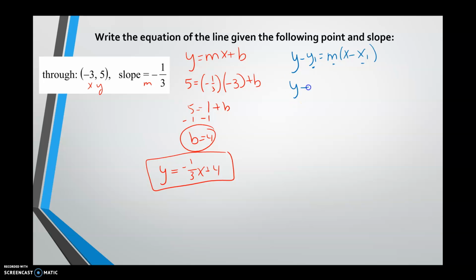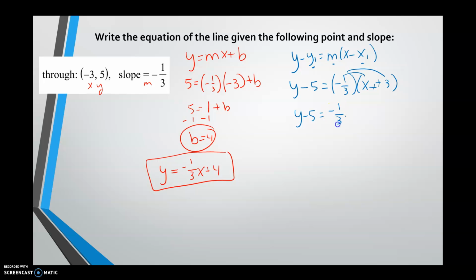So I'm going to get y minus, and my y1 here is going to be 5. That's equal to m, which is negative 1/3. And x minus my x1 here is a negative 3. So I have a double negative here, becomes positive. I'm going to get y minus 5 is equal to, when I distribute, negative 1/3 times x is going to